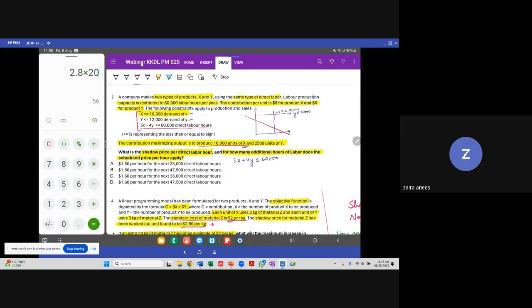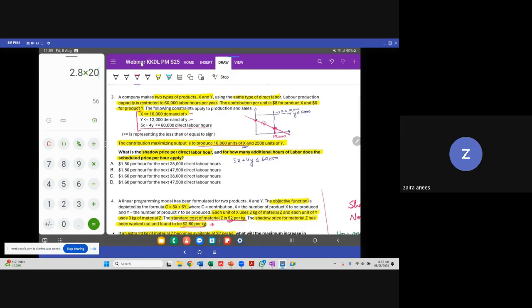Because there is also a value of Y. It will be like here, where X is equal to 10,000 maximum demand. This is actually intersecting at point X and then obviously the value of Y, value of labor. If the question says that Y is equal to 12,000, in that case, the best solution would have been this